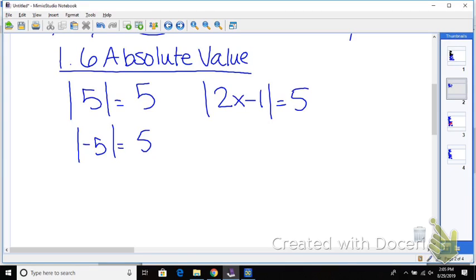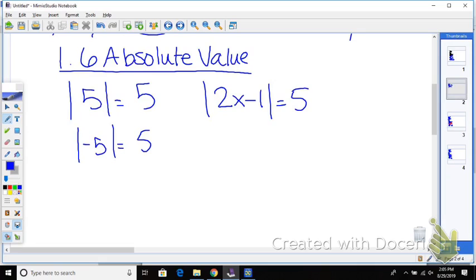So now is where you need to start writing down. Your first example. Some of you guys might remember this from Algebra 1. I don't know how much you touch on it in Algebra 1, but I'm going to teach it like it's the first time you're seeing it. So, this inside part in here, the 2x minus 1, we're saying that,